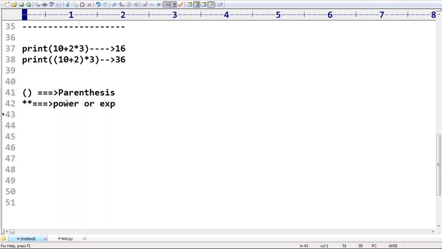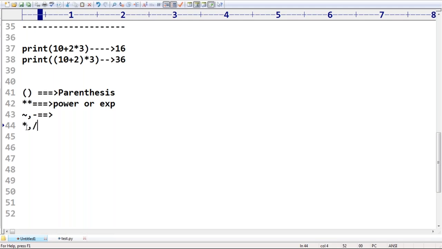And after that, what is the next operator we have? The bitwise complement operator, and the unary minus operator, like minus 10 and so on. These operators have the next level of precedence. Bitwise complement operator, and then unary minus operator, right? Next, what do we have to discuss? The star operator,